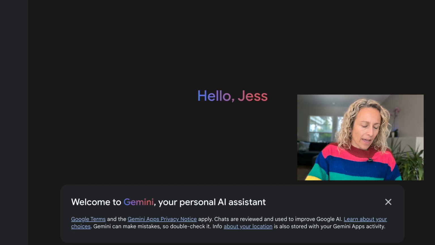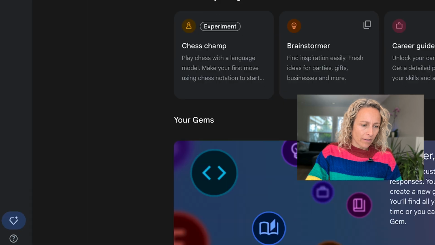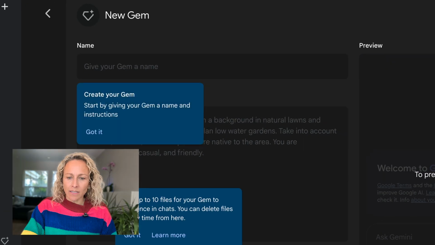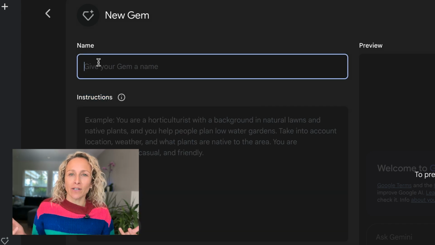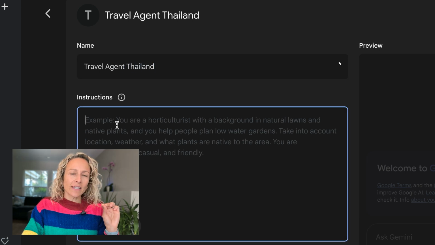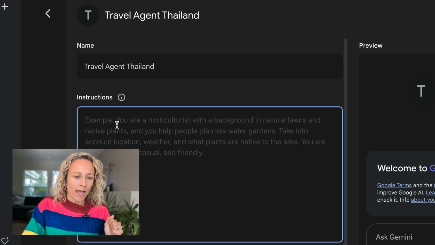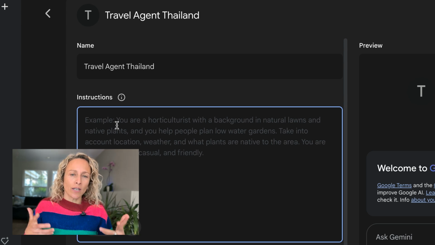You're going to navigate to Gemini, and over here there's this new feature called Gem Manager. If you click on Gem Manager and select New Gem, we are going to create a travel agent. I'm going to call this travel agent Thailand. And within the instructions window, you're going to give Gemini some information about what this gem is and what they know. So for mine, I'm going to say,